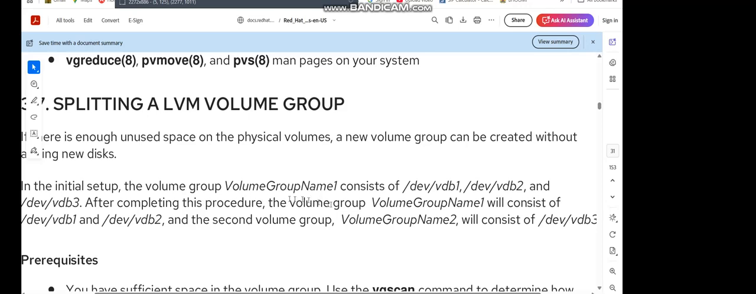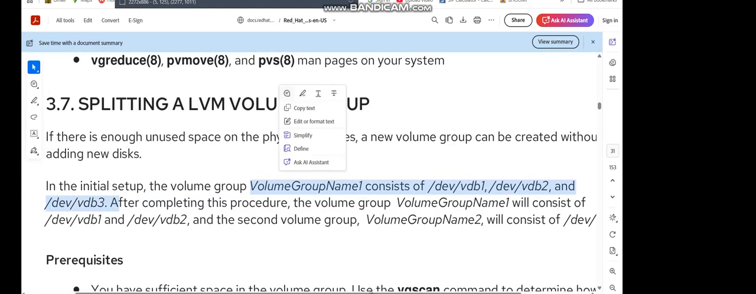After completing this procedure, volume group name 1 will consist of /dev/vdb1 and /dev/vdb2, and a second volume group, name 2, will consist of /dev/vdb3. So the first volume group right now consists of vdb1, vdb2 and vdb3. After completing this procedure,